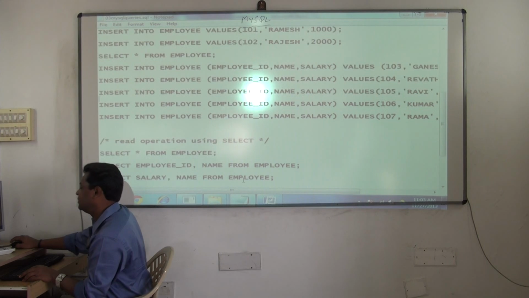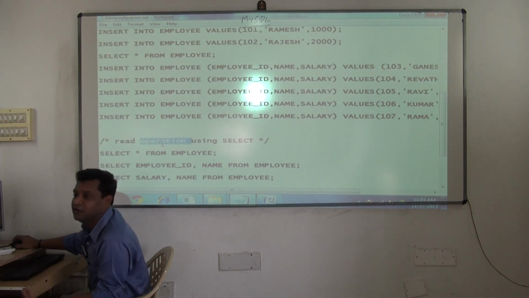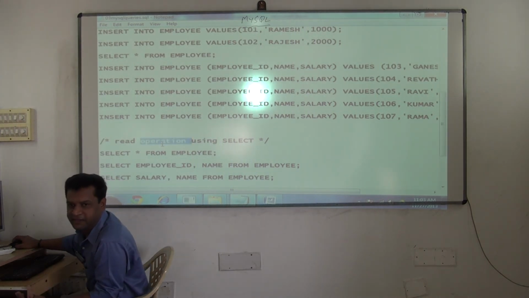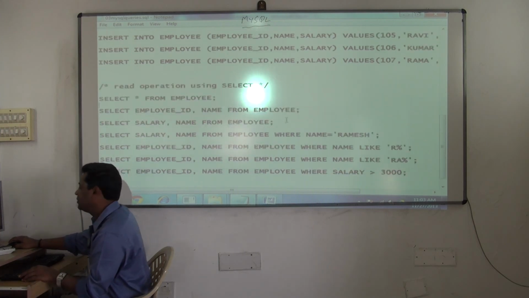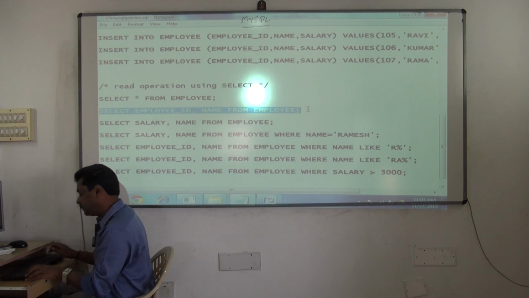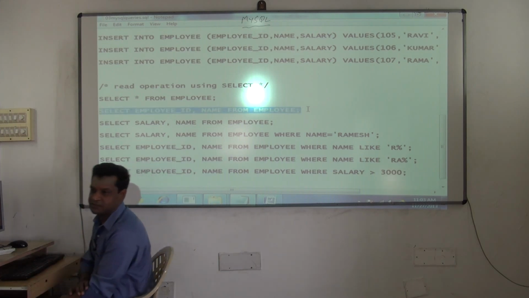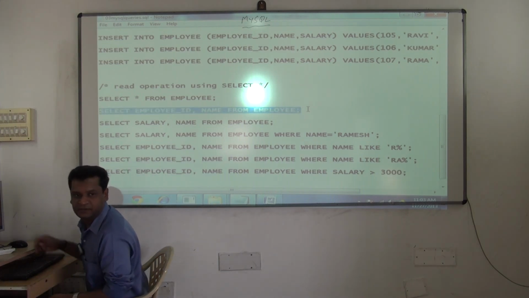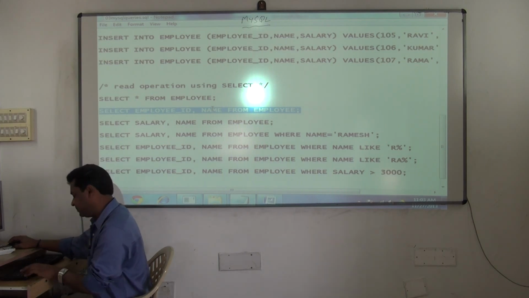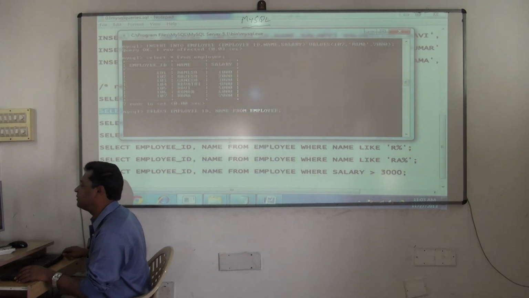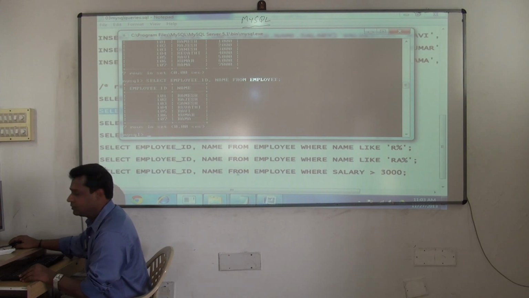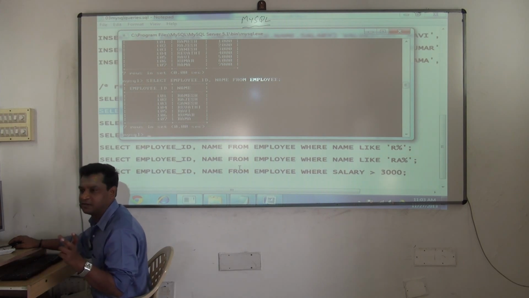So we'll see some more queries. I'll do the read operation. So what did I do now? C operation. C is nothing but creating a record. Now I'll do the read operation. Select star, anyway you know what I did. Okay, some more queries will execute. See this. I'm selecting what? Only 2 columns. From which table? Employee table. What are the two columns I am selecting? ID and name. Fine. Star means select what? All columns. Understood? Yesterday I explained to you the anatomy of the select query. Same rules are applicable.